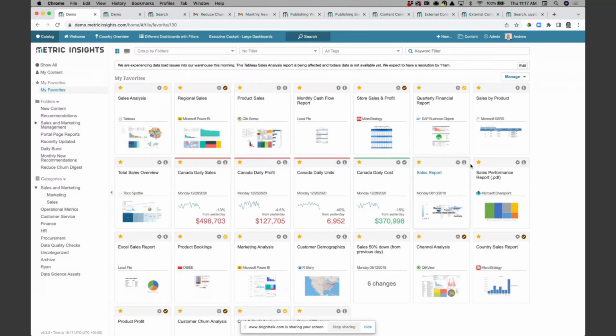A lot of organizations today obviously have multiple sources of BI and reporting in their environment, and it's not practical to think that end users who have a couple of minutes every day to think about data know where to find those assets. So more and more enterprises are implementing the concept of a portal solution like Metric Insights, where,